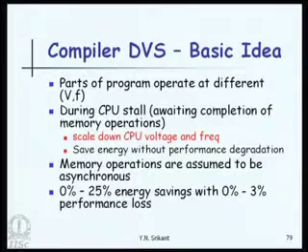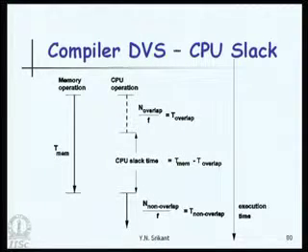So, let me show you a picture to make this very clear. The memory is supposed to operate at a constant voltage and frequency. So, let us say the memory operation is going this way and it requires TMEM cycles to finish. The CPU operation starts here, goes on until this point, and then until it gets the memory operand, it can do nothing. So, it stalls and waits until the memory operation is completed, receives the memory operand and then continues its operation.